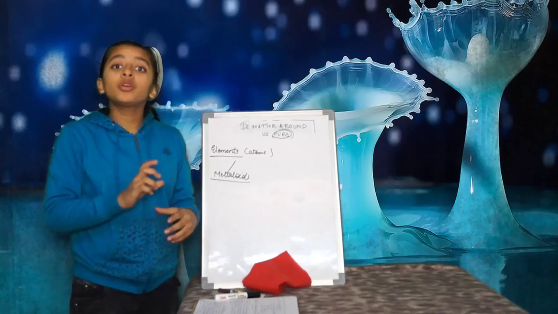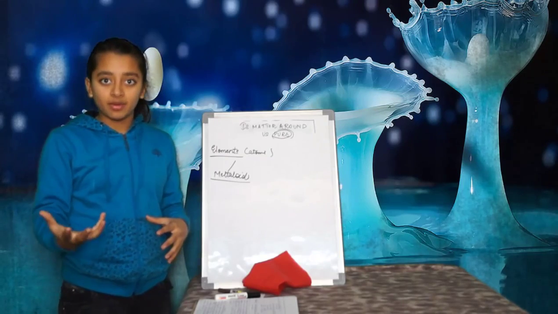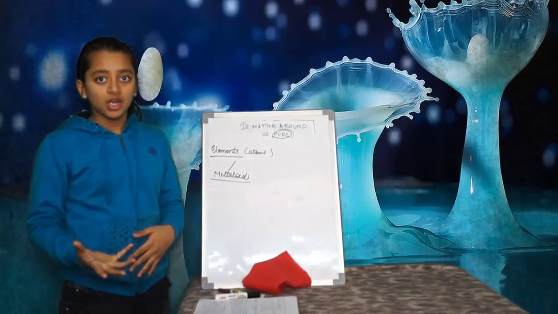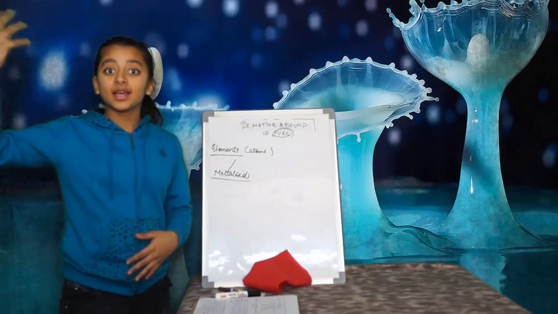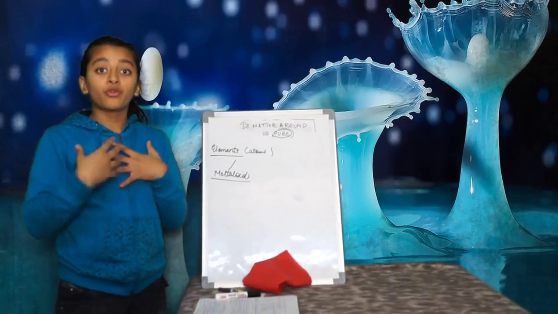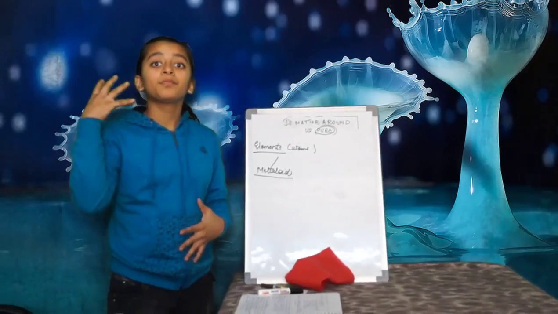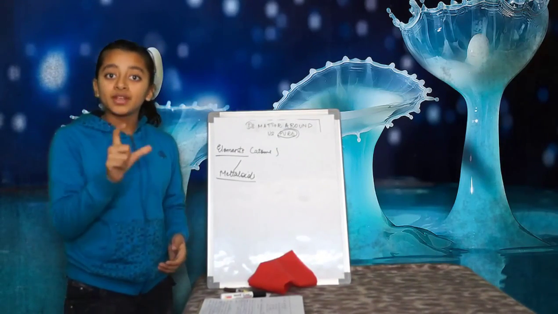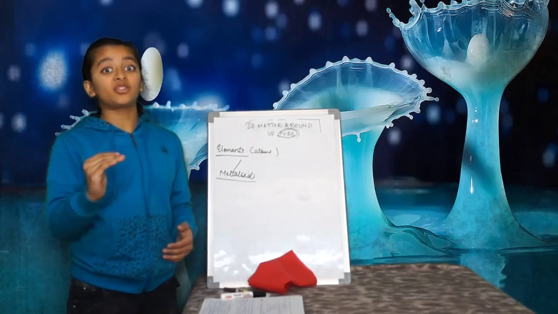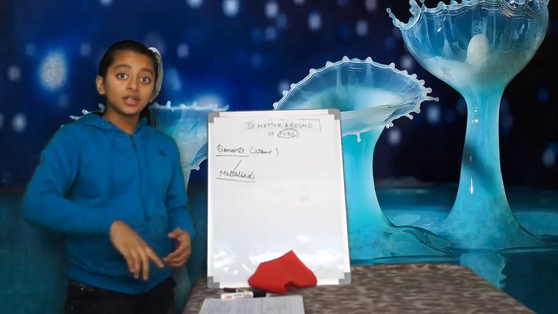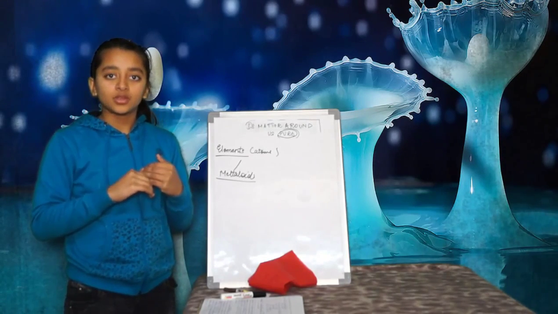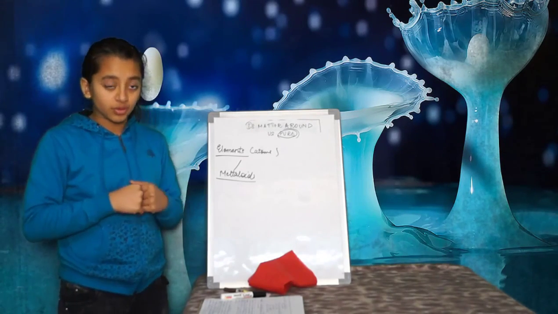And one more characteristic of them is that metals always lose electrons to complete an octet, which we will be studying in the fourth chapter, that is the structure of an atom. Metal always loses electrons, but non-metal gains electrons in most cases. So this is the difference between the two.